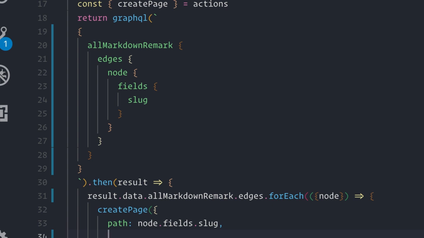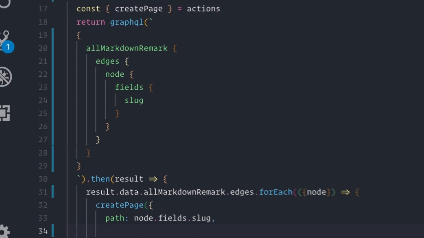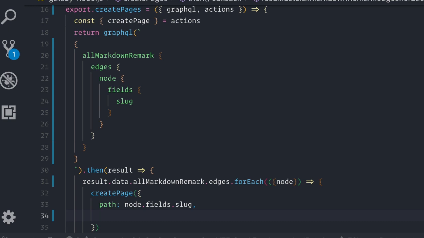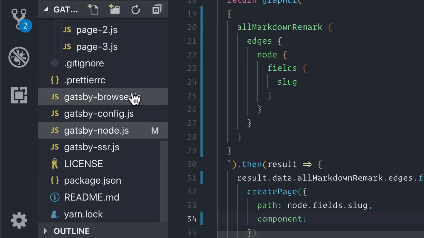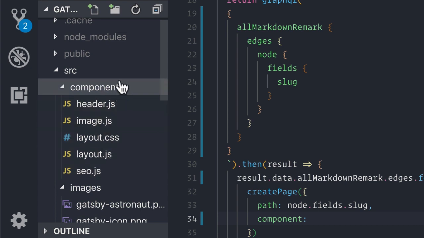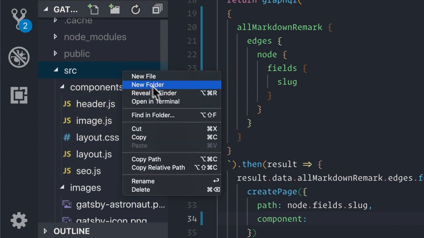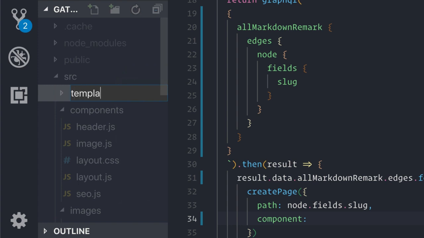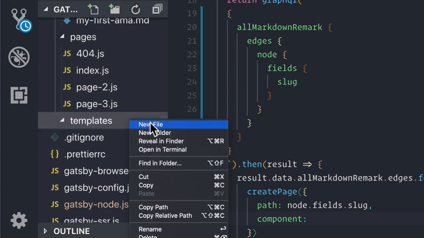And here we're going to pass the actual component. Now the component is going to be the template that it uses in order to actually populate out the final blog post. So this is pretty much going to be a React component. And here we're going to make the new blog post template that we need to use for this context. So we do want to keep this component that we're going to build separate from our front-end components because it will only be used inside of our Gatsby Node.js file. So we'll make a new folder called templates. And inside of here, we're going to make a new file called